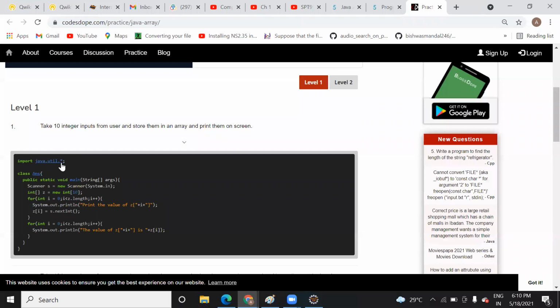So here, Scanner as new Scanner. Why are we passing this System.in? Do you know that? Do you know why we use it, so that the user can enter a value, correct?